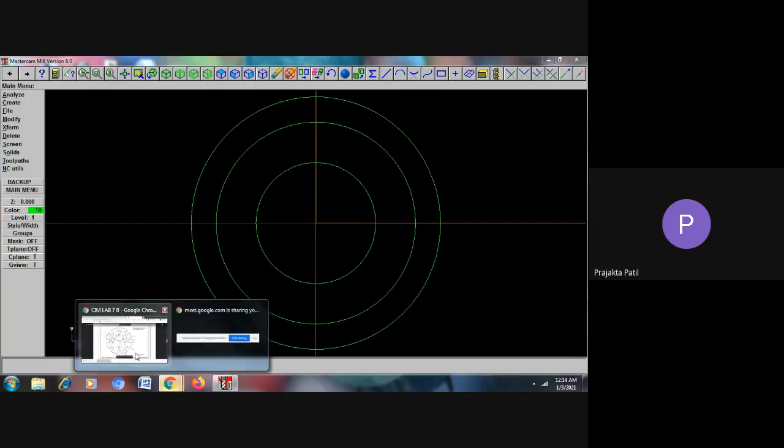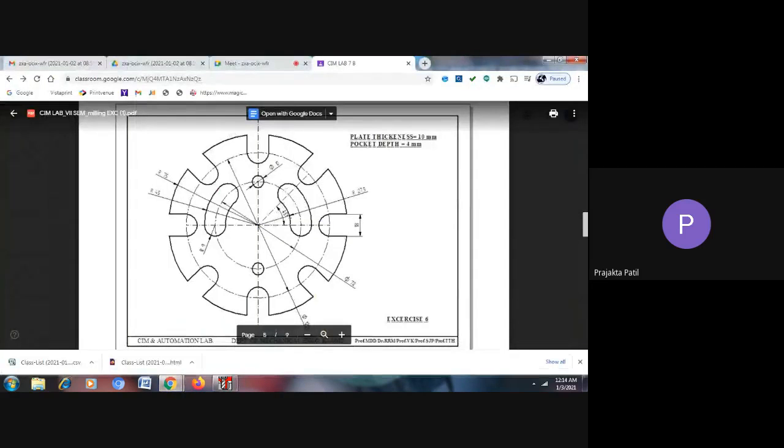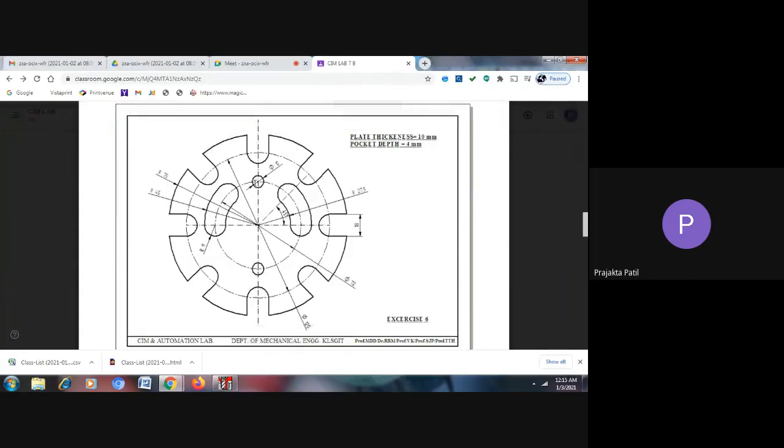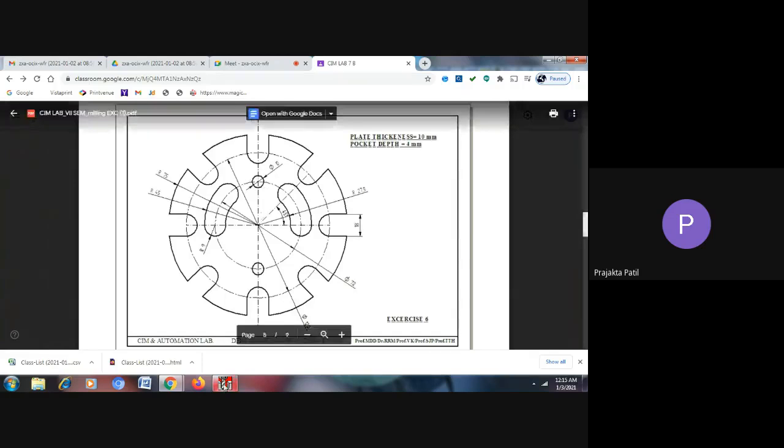Now next, what do I have to do? Next, if you observe this particular exercise that is shown here, I will mark the points where the holes need to be drilled. You can see the diameter of this hole that needs to be drilled is 10 mm. Whenever it comes to drilling operations, you need not show the circles. You can only show the point where the drilling has to happen, and the drill bit that you choose should be such that it will give the required diameter. So in this case, we will only show where the drilling has to happen, and then you choose a drill bit of 10 mm diameter. So that's what we will do.